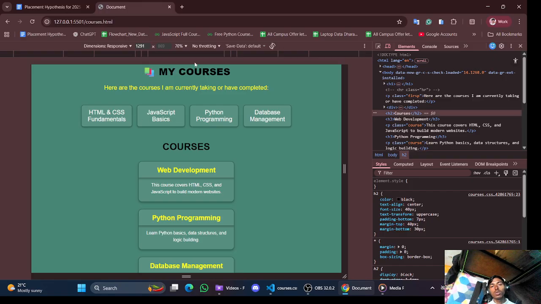Well, there are two sections. Whenever they are in the row, this one is the main line, and this one is the cross line, the cross section. So justify content works on the main section. Okay,